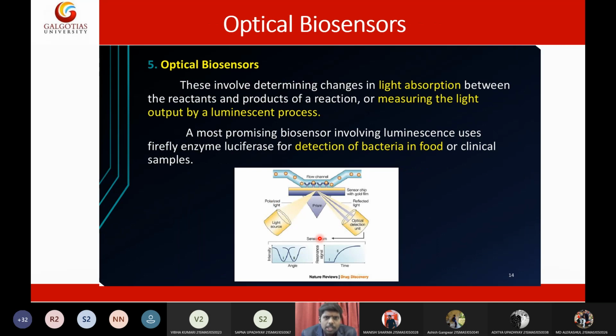Then optical biosensors, need not say much. So light will be converted to electrical energy. So colorimeter is the best example. So there is a device called a colorimeter where you can measure the concentration of the substance in the test solution just by passing light. The principle is very simple. If the concentration is high in the test sample, then light will be more absorbed. So transmitted light will be less. So upon detection of the transmitted light, we can indirectly measure the concentration of a substance suspended in a solution. So this is the concept of optical biosensors. Best example is a colorimeter.